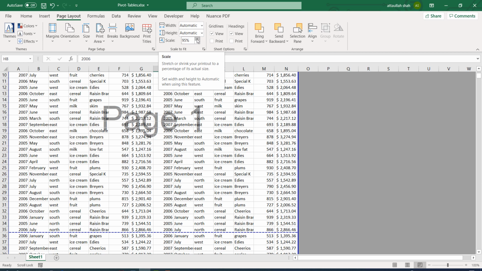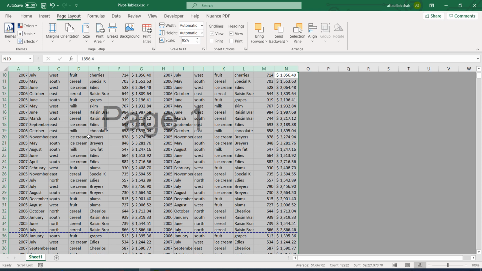So now the font size of the document has reduced from 100 to 95. Not only the font, but also all the space that was previously shown has shrunk from 100 to 95. This is called scaling. So scaling is useful when you want to put some extra text on the same page, but that extra text comes at a cost of reducing the font size, as well as reducing the available spacing in the current document.